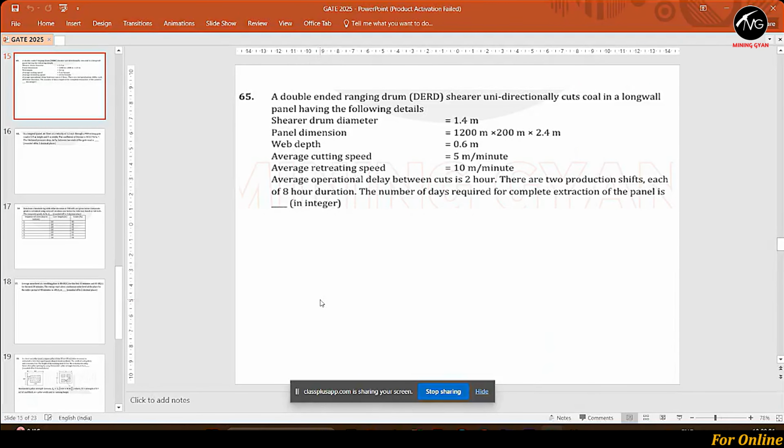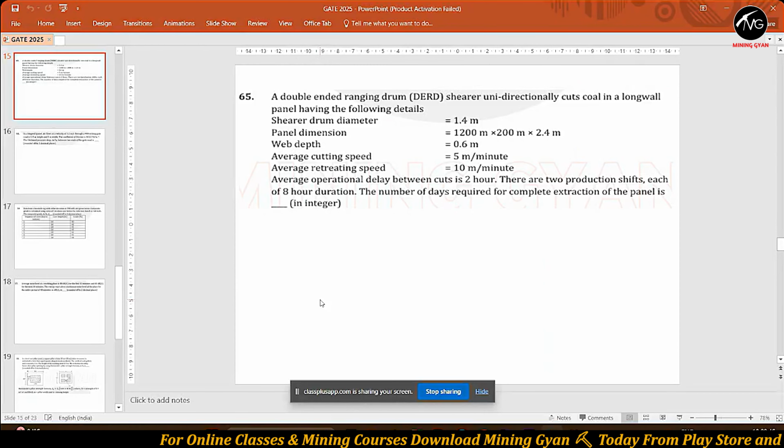So this is the question. I think it is visible to you all. The question says that there is a double-ended ranging drum shearer that unilaterally cuts, means it cuts in one direction only, in a longwall panel, having the following details. So the diameter of the